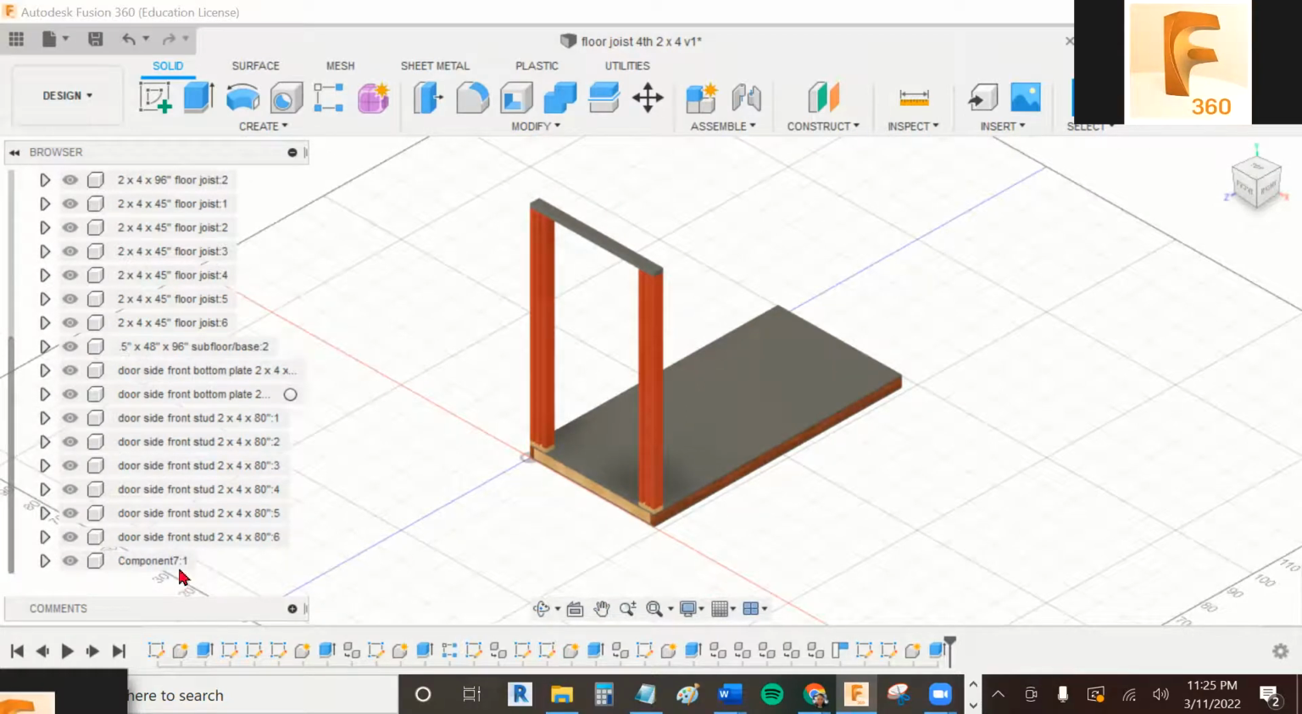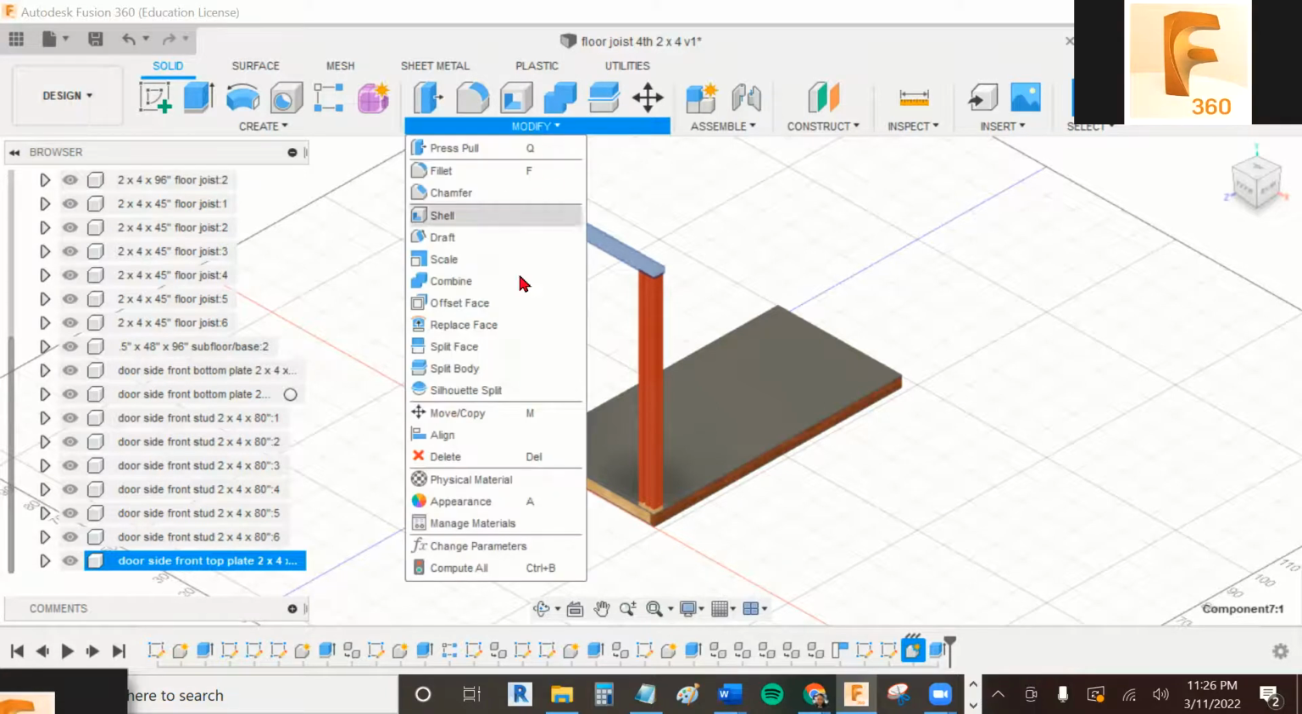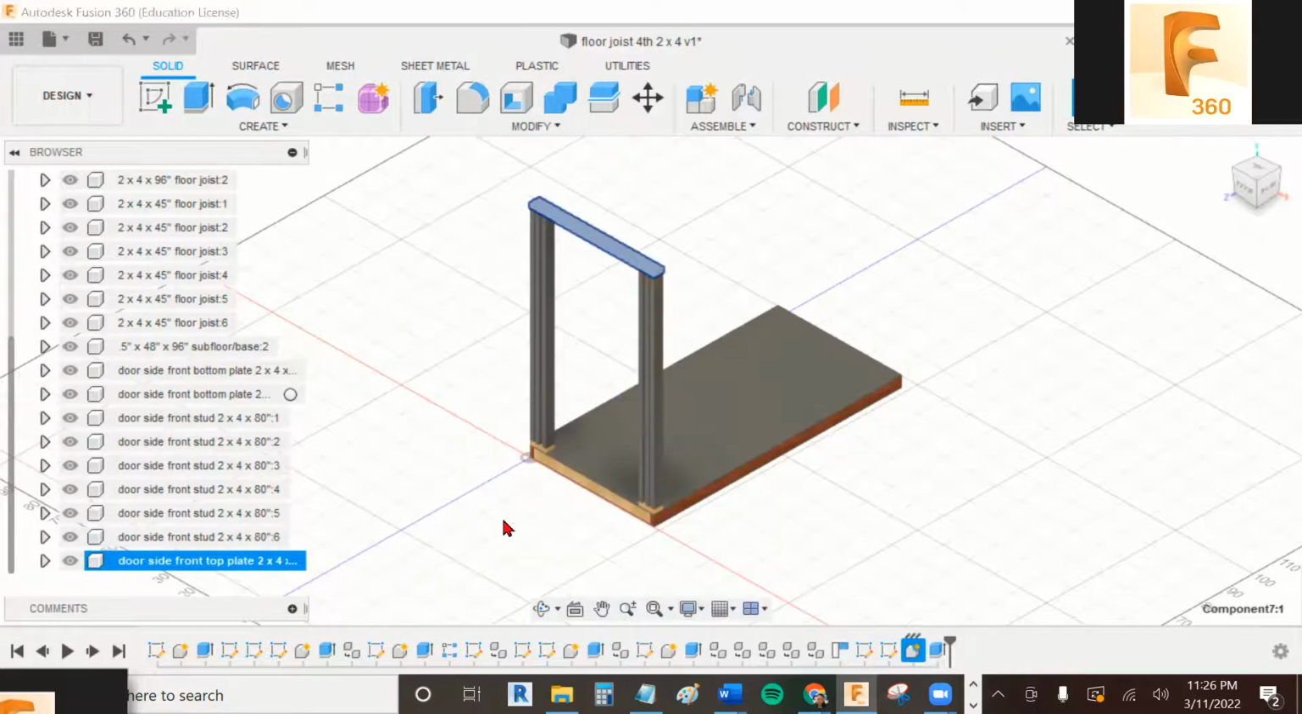And then also name it, right? Component number 7, this is now door side front stud 2x4. I'm sorry, this is not the stud, this is the top plate, and it is a 2x4 by 48 inches. Okay, so before I continue, I'm going to go to modify, click on the physical material, and then